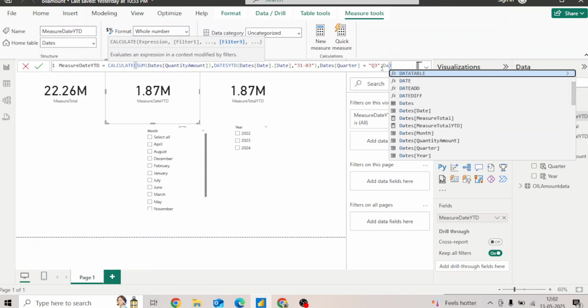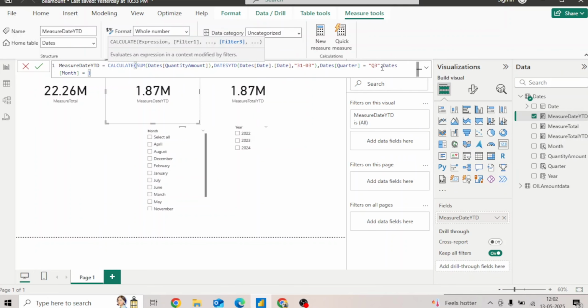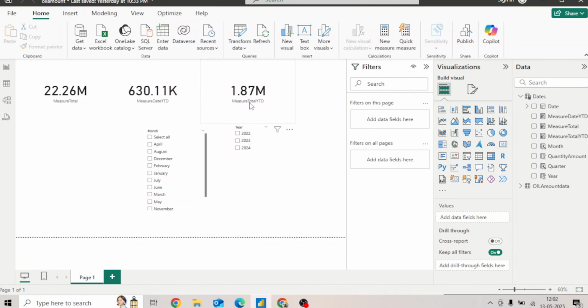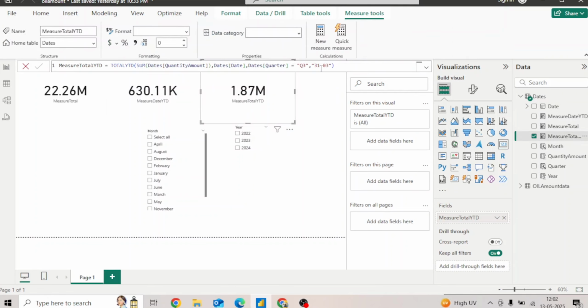So dates of month is equals to July, okay, yeah. But one more point to notice over here is that in total YTD, right, in total YTD you